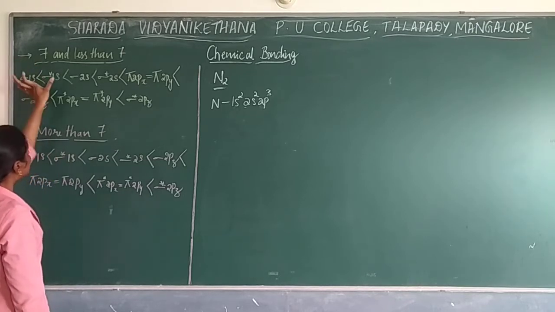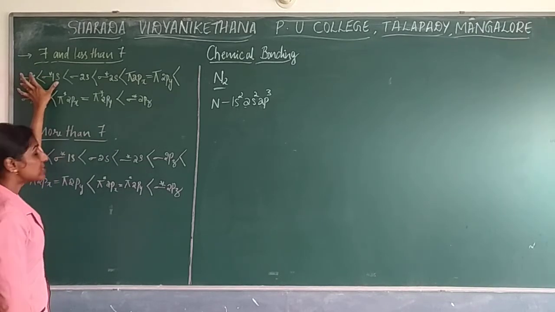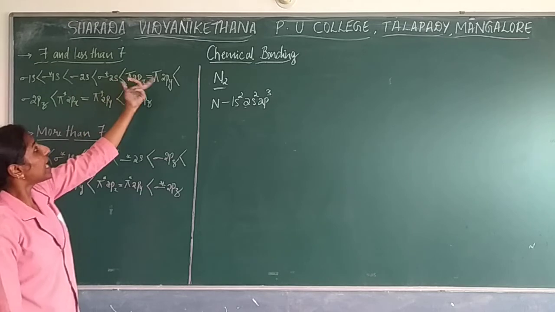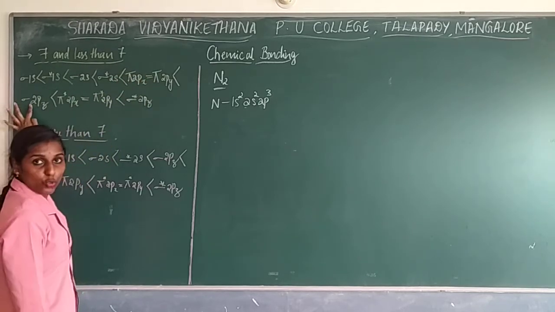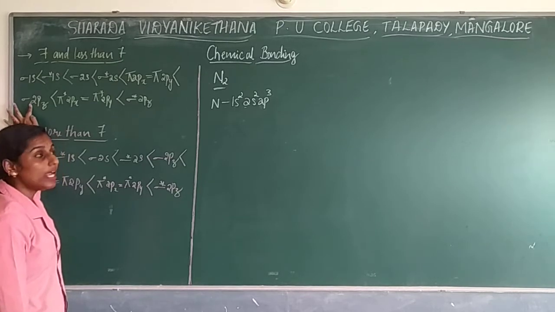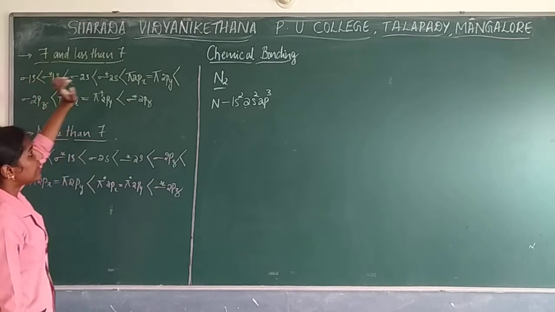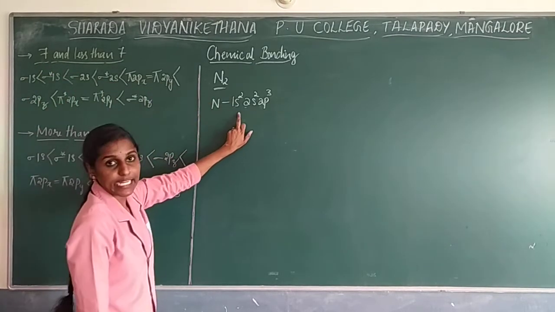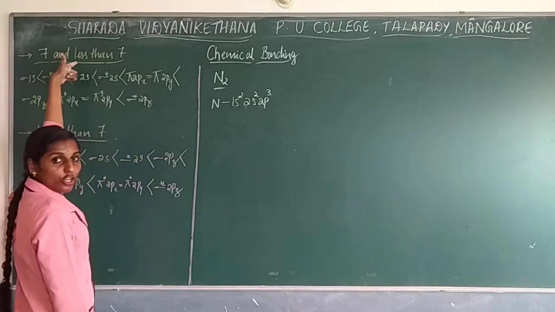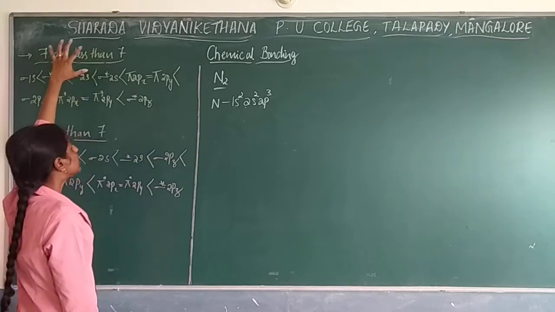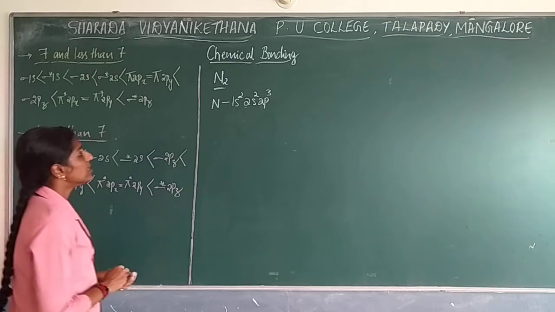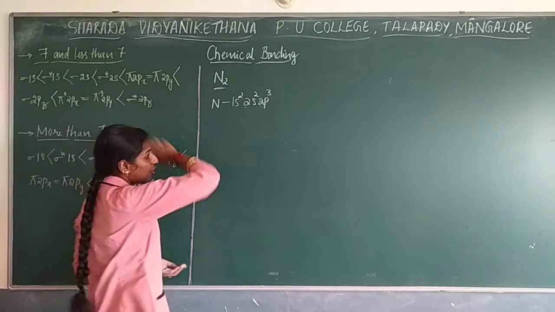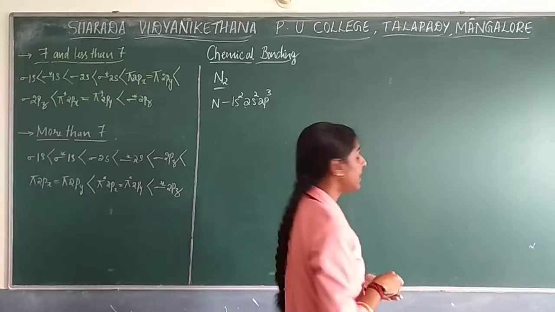In this sense, first you need to draw the orbital structure in this way. Next, after 2s, pi 2px will come, and after that sigma 2pz will come in the structure. So for 7 or less than 7, nitrogen obviously being 7, it goes with this electronic configuration. I will go with two examples, this electronic configuration as well as the last one. Now we will go with this electronic configuration and show how we are supposed to write the structure.